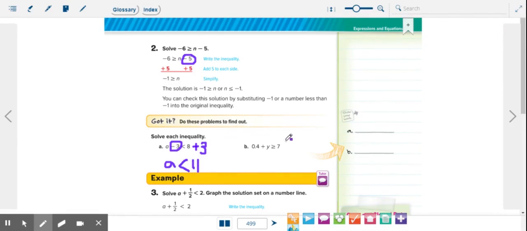Let's look at letter B. 0.4 plus y is greater than or equal to 7. Let's circle the part we're changing. Circle 0.4. The opposite of positive 0.4